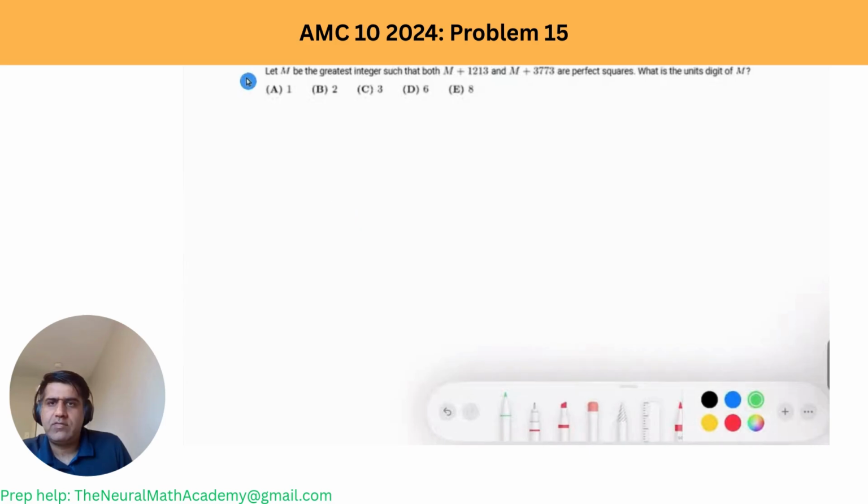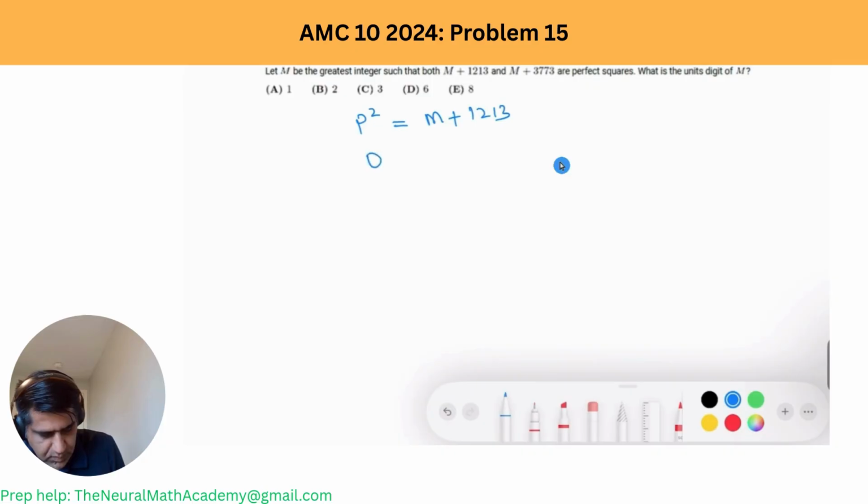Okay, so now let's look at problem 15, where we have that let m be the greatest integer such that both m plus this number and m plus this are perfect squares. What is the unit digit of m? So let's first express both squares as p square and q square. So p square is equal to m plus 1213, and q square is equal to m plus